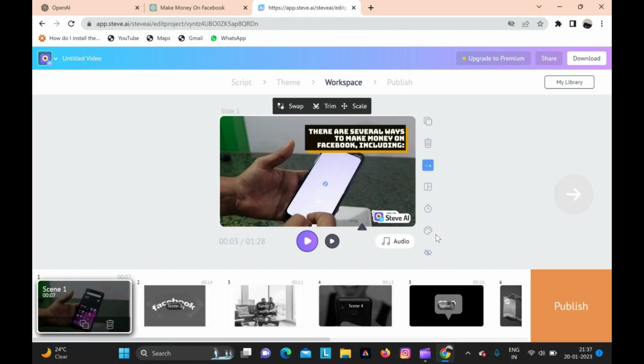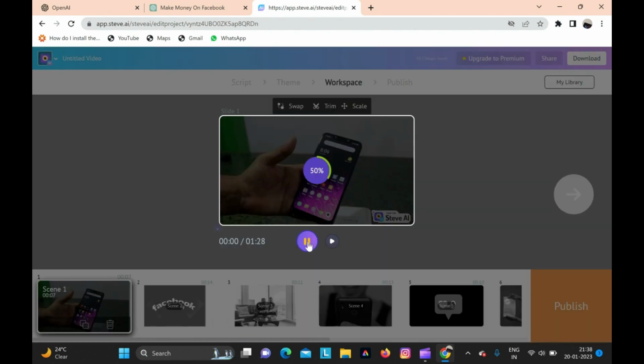You can see here our template is already loaded, with the script we have pasted. So if we play it here,